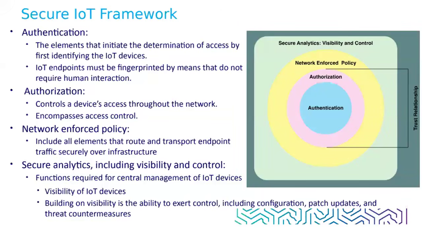Finally, secure analytics will provide centralized visibility of IoT devices, and enable the administrators to configure the device, apply the patch updates, and implement the threat countermeasures, which ensures the secure and efficient management of the